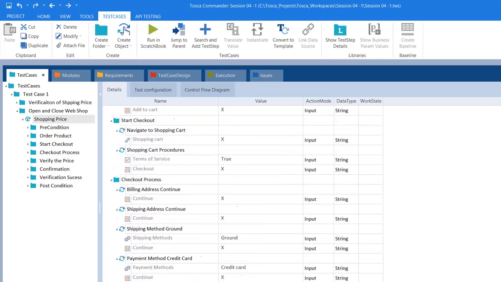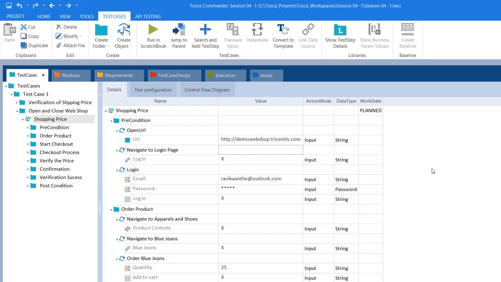which have the values. Okay, so I hope you all understand the concept of test step values, dynamic expressions, and examples of test step values. And then I'm going to explain action modes and test data types in the next sessions. Okay, hope you all understand the concept.